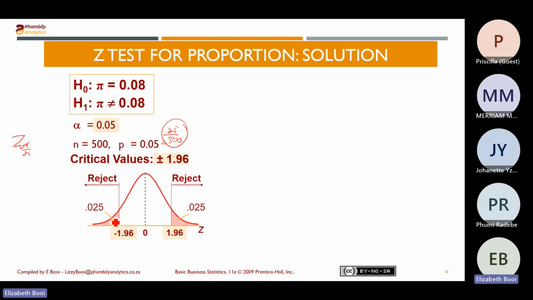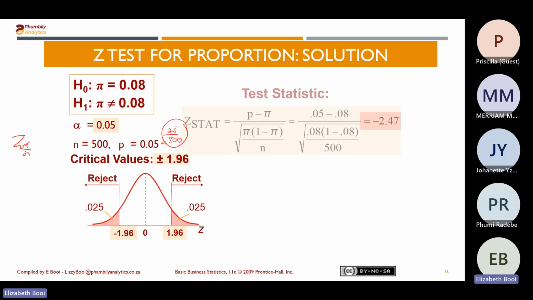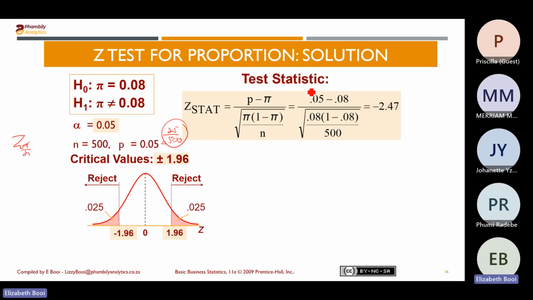We find two regions of rejection, so on the negative side and on the positive side. We went on and we calculated the Z-test statistic, and we found that it is negative 2.47. And from there, it falls in the rejection area on the negative side, because negative 2.47 is less